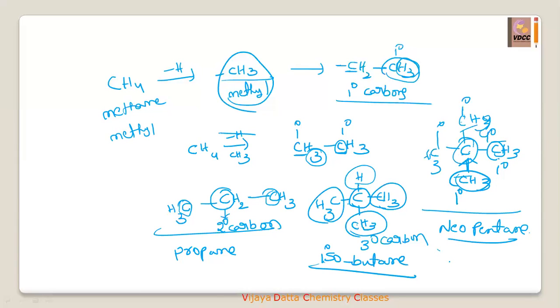Now we have an idea what is primary, what is secondary, what is tertiary, right? And methyl also it is there. Methyl is nothing but CH3. One of the hydrogens is replaced with any halide group. See, CH4. I removed one hydrogen and retained CH3. That one of the hydrogens I replaced with some chlorine. Then this is called methyl halide, methyl chloride like. Got it? Now come to the SN1 reaction.